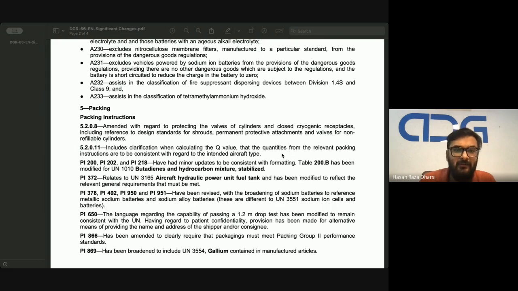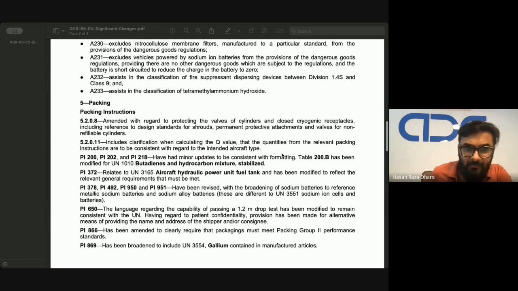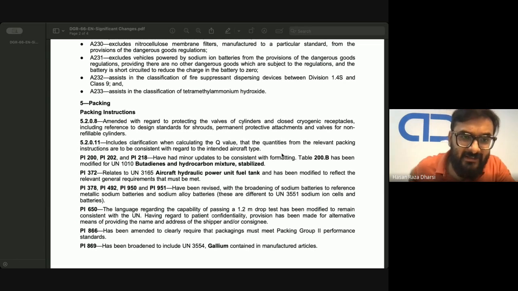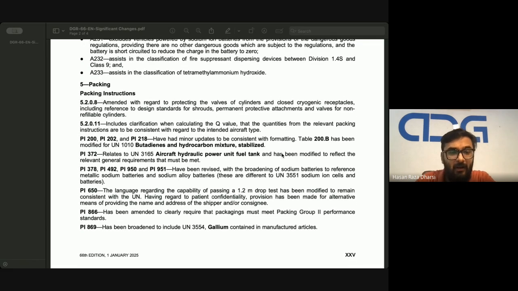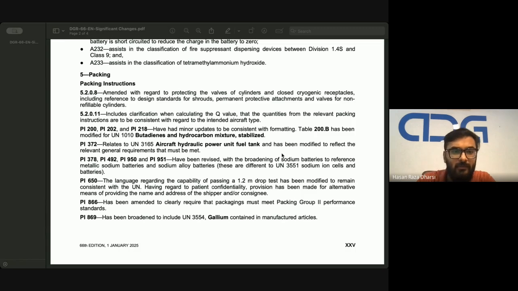Then we have packing instruction 372, which is for flammable liquids, relates to UN 3165 aircraft hydraulic power unit fuel tank and has been modified to reflect the relevant general requirements that must be met. Then again, packing instruction 378, packing instruction 492, packing instruction 950 and 951 have been revised. Okay. Further, if you move on, packing instruction 650, the language regarding the capability of passing a 1.2 meter drop test